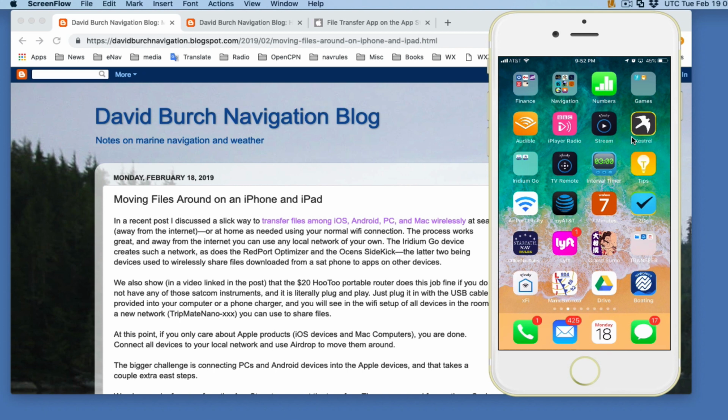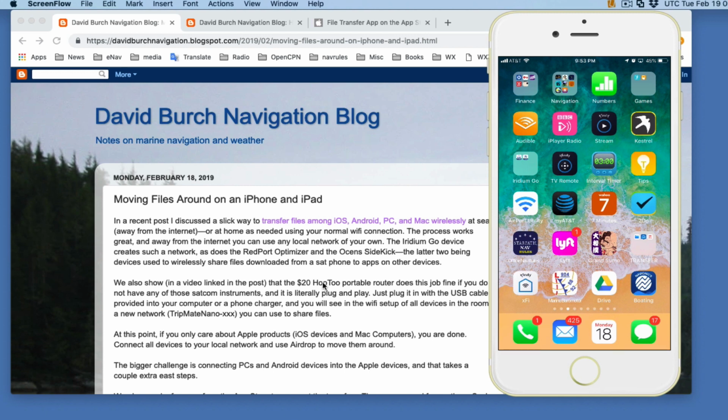This is the third and hopefully last video on this file transfer technique that we've sort of discovered by accident, but probably well known to those who know it well. There are two videos on that, and there's an article, and there's a new article, which is the subject of what I'm talking about in this video: just moving files around on the iPhone and the iPad. It turns out that this process of using a local network that you create yourself with several devices,